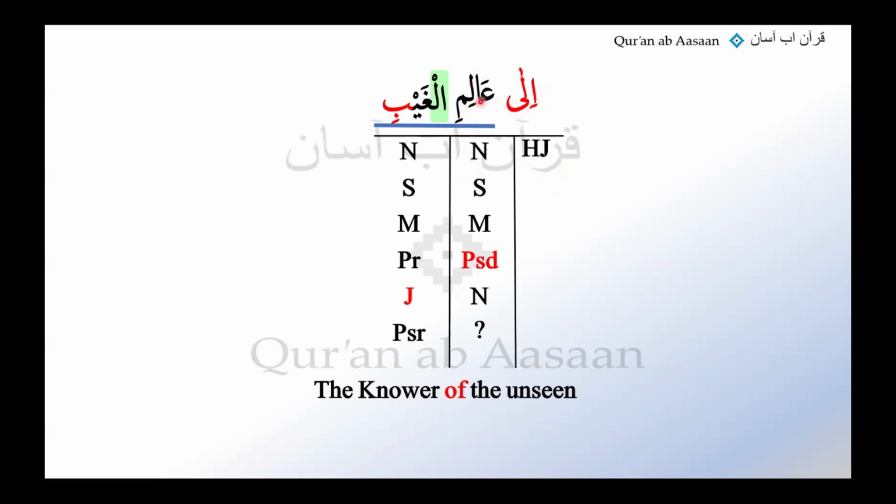And then what is going to change here in this analysis? It is no longer, the rest remains the same. Everything else remains the same. What is going to change? The case sign. It's not nasb anymore. What is it now? It's jar. And do we have the answer to this question mark now? Are we finally going to solve this mystery as well?